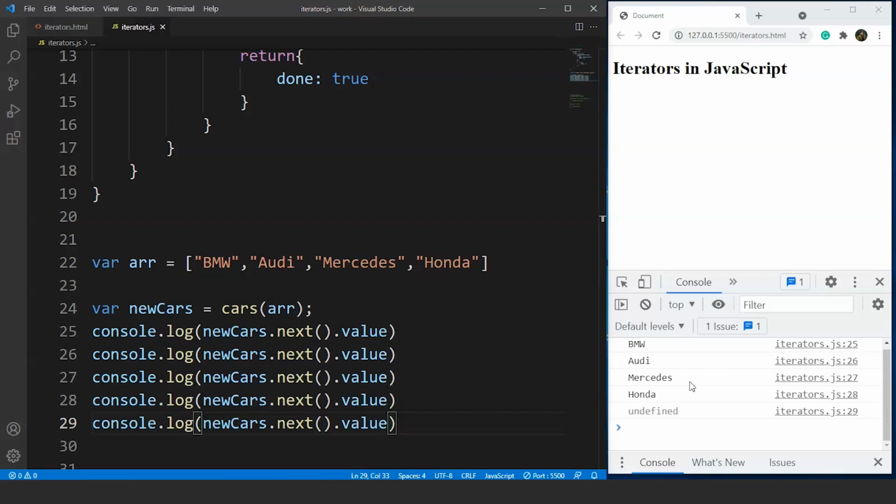Now let me tell you guys about the practical use of iterators in JavaScript. There's no practical use of this topic, but you may find it helpful from an interview point of view. You may get questions from such topics because these topics are pretty tricky and time consuming as well. So this is an excellent topic though. If you want to access the elements of an array or maps in a sequence, then you can use iterators for such tasks. So that's all for this video guys.